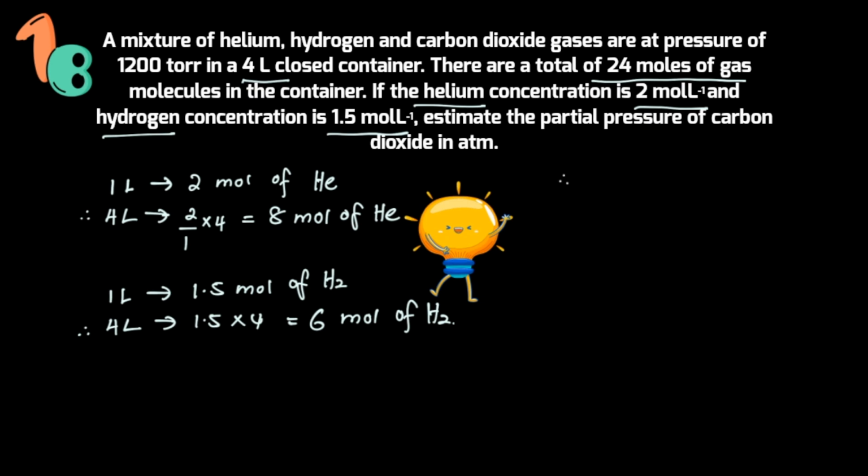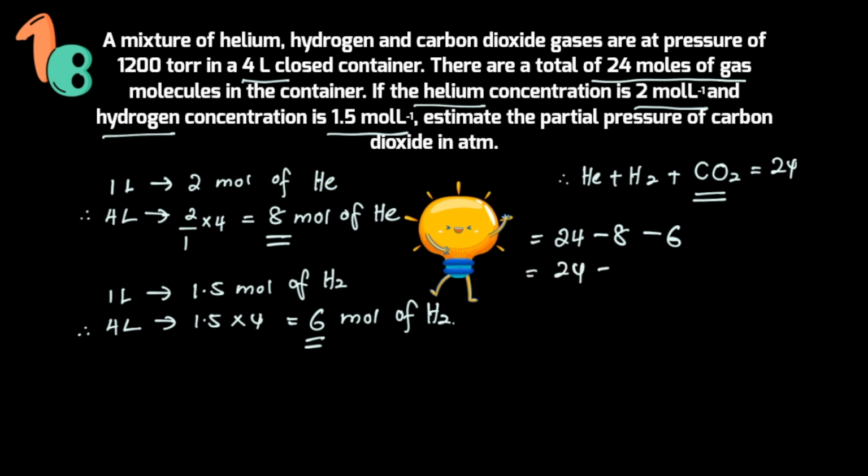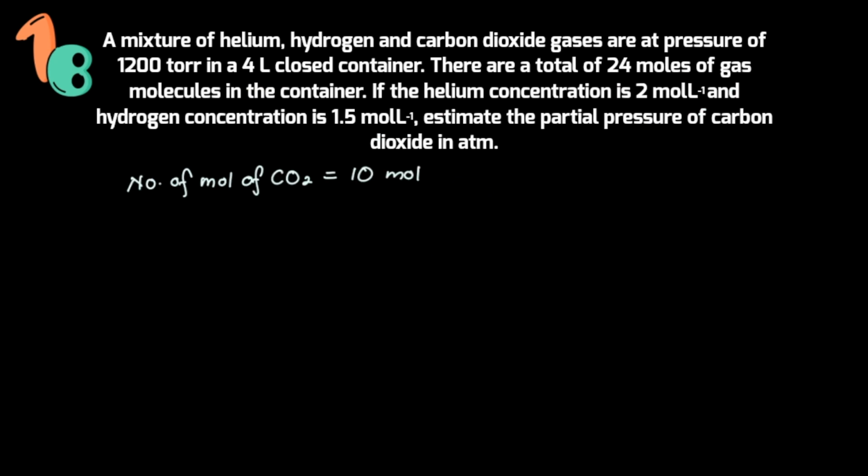So you shall have your helium plus hydrogen plus carbon dioxide. The total shall be 24. So in order for you to find the number of mole for carbon dioxide, it is 24 minus 8 minus 6. So that will be equivalent to 24 minus 14, so it's equivalent to 10 mole of carbon dioxide. Okay, so we know that the number of mole for carbon dioxide is 10 mole, and then we also know that the total pressure is